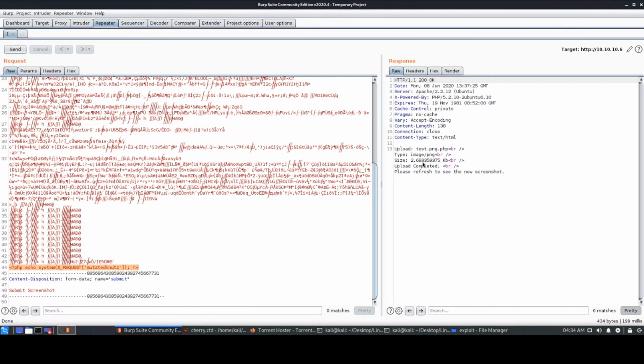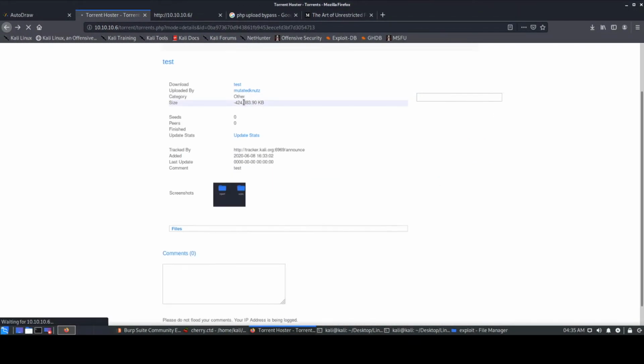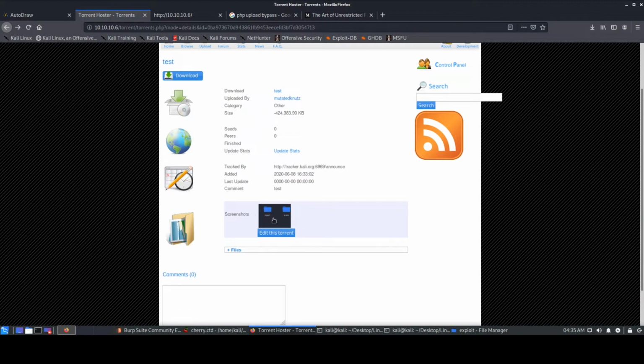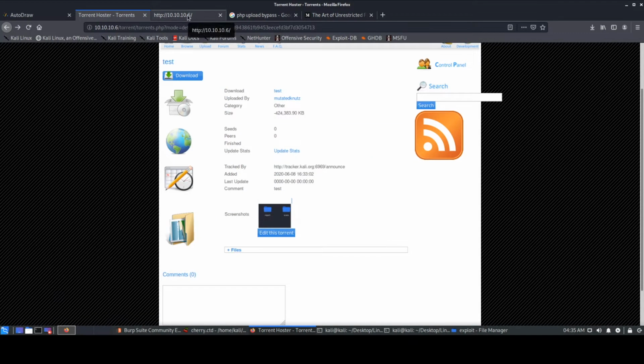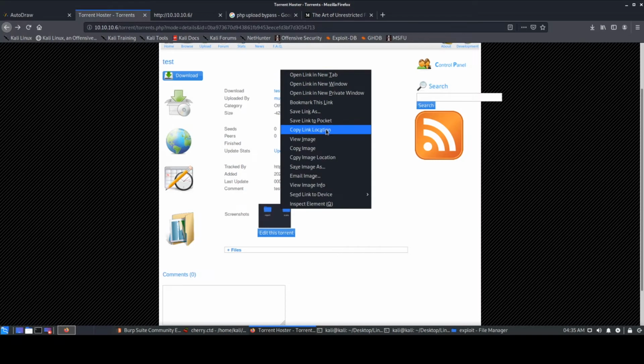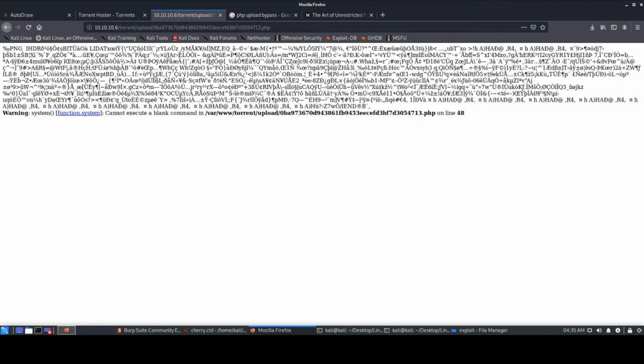You can obviously do trial and error. Let's look into whether it accepts. If we send, it says upload completed, please refresh to see the new screenshot. So let's load this, and we have the screenshot over here. Let's open the link location, or we can just copy the link. Okay, and we come across this page over here and it says you cannot execute a